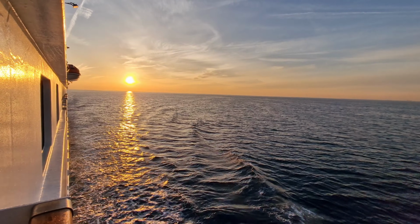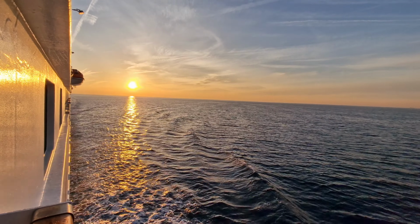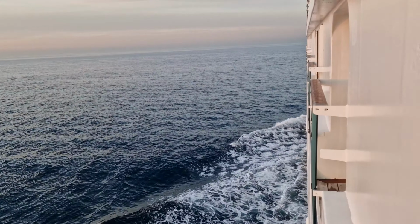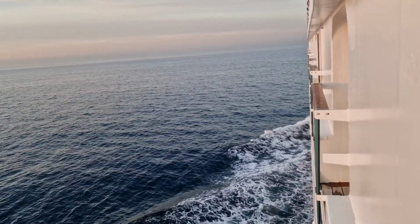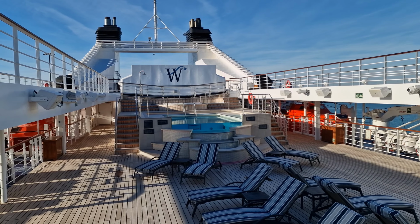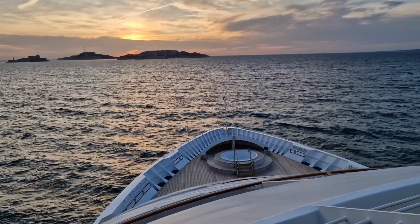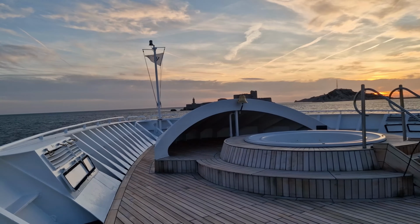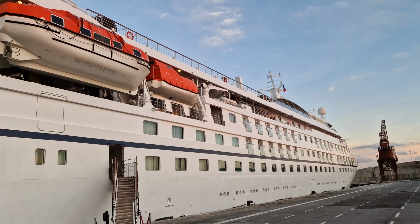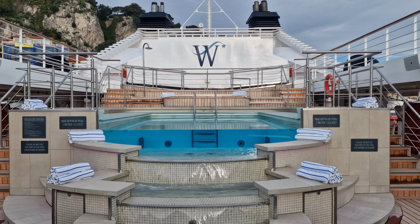Although the balcony was a nice touch, I personally wouldn't pay the extra that is required to move up from Star Legend's ocean view cabins, as the amenities are exactly the same, you just don't have that small balcony. This is largely due to the fact that Star Legend is a ship which has tons of open deck space. However, I guess it depends on how much you like having your own private deck space, so the choice is yours. So there you have it, my tour of our balcony suite on board Star Legend, and I really hope